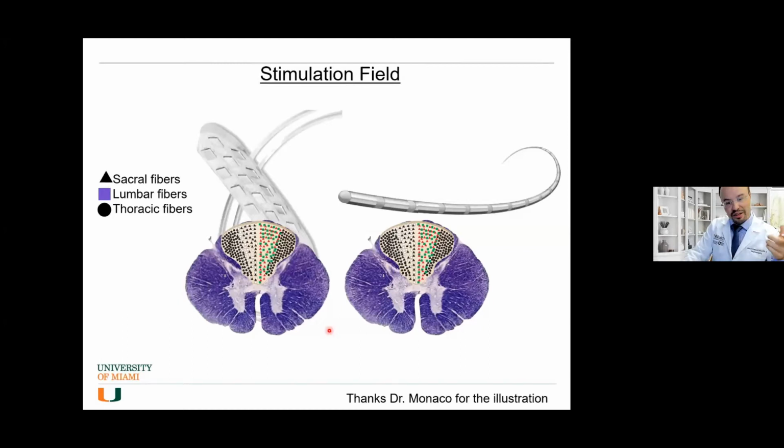And I think Dr. Monaco, for the illustration, this was very graceful from him. If we think about the energy field, when we start to stimulate using those contacts from the paddle, it's energy sparing, because we're not wasting energy stimulating the dorsal aspect like the flavum. We don't want to stimulate that. So as we increase the amplitude to have a larger stimulation field and go deeper, we have this sort of 3D